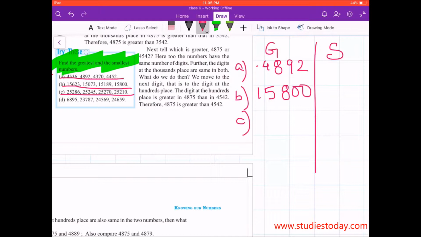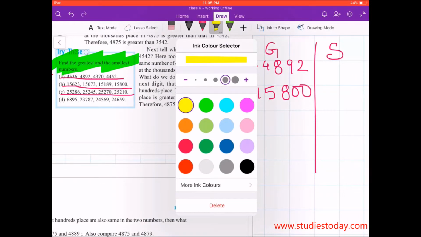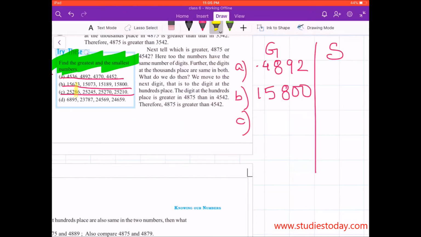So I have to actually compare 86, 45, 70 and 10. That will give me the greatest number, and the greatest number after comparing them is obtained as 252.86. So that is